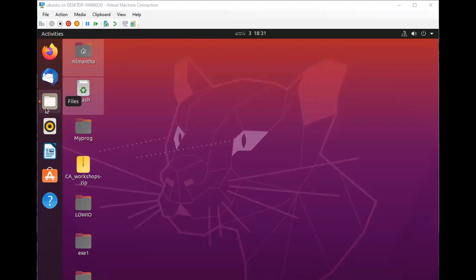Okay, so last week we finished the discussion on low-level input-output for files. So today our discussion will be the high-level file input and output.